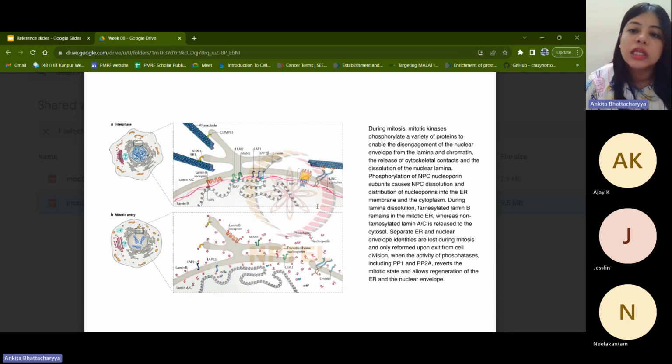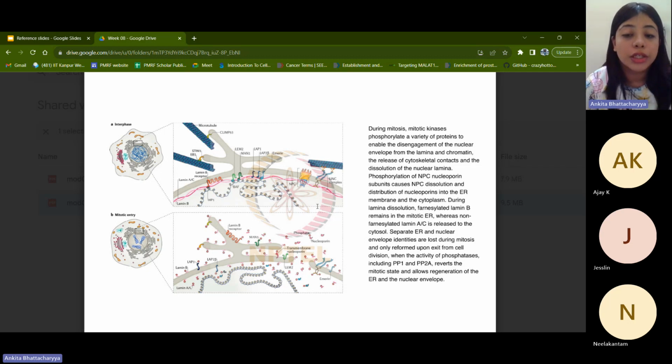So during mitosis, there are mitotic kinases that phosphorylate a large number of proteins, and that enables disengagement of the nuclear envelope from the lamina and chromatin, releasing the cytoskeletal contacts, and that dissolves the nuclear lamina. It is one of the markers of prophase that the nuclear lamina is completely dissolved. The phosphorylation of the nuclear pore complex nucleoporin subunits causes this dissolution and the distribution of nucleoporins into the ER